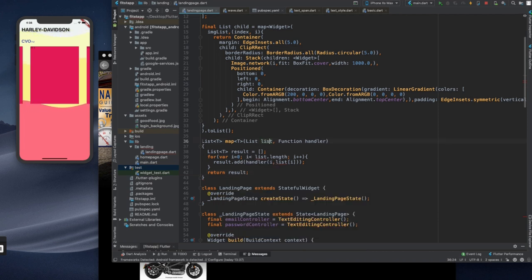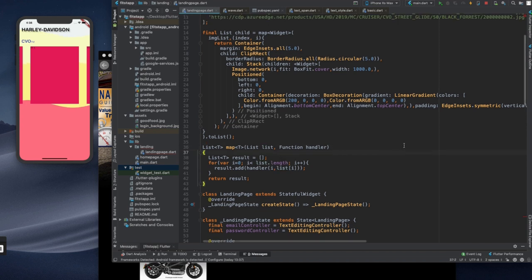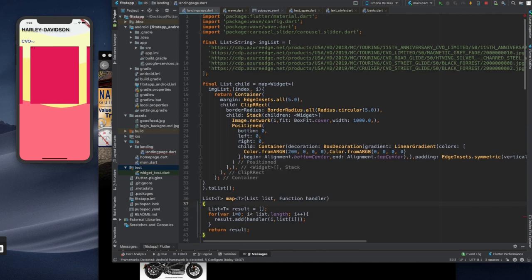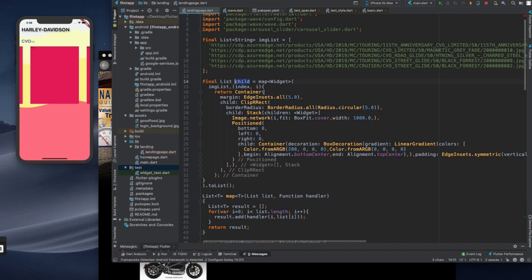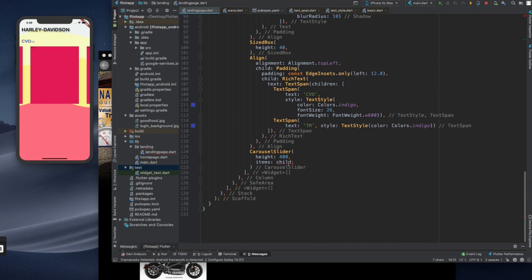So typo. Yep, everything goes well, I guess. And we're going to use this name, so it's better to name it list CVO, because we're going to use small capital letter, and copy that, move it to the item, and